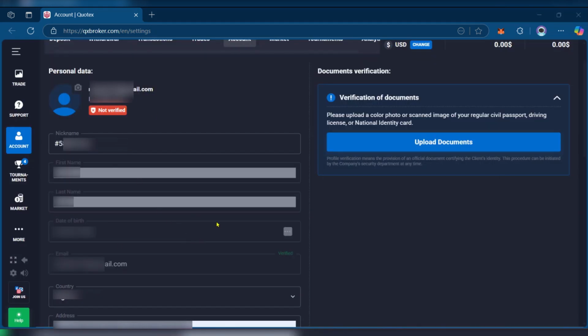Now, as you can see on the left side, we've started filling in our details such as our first name, last name, date of birth, etc. This is basically filled, and that's why the documents verification area is now ready for us to put in some documents. It says please upload a color photo or scanned image of your regular civil passport, driving license, or national